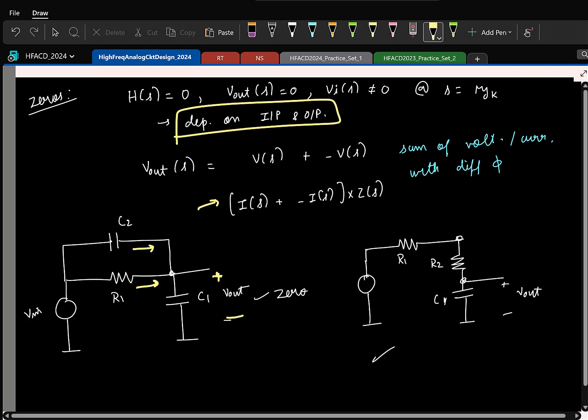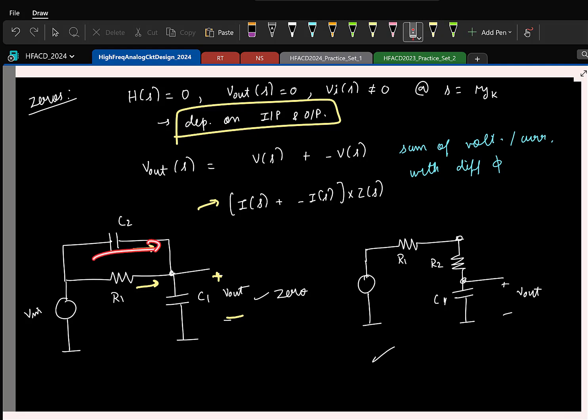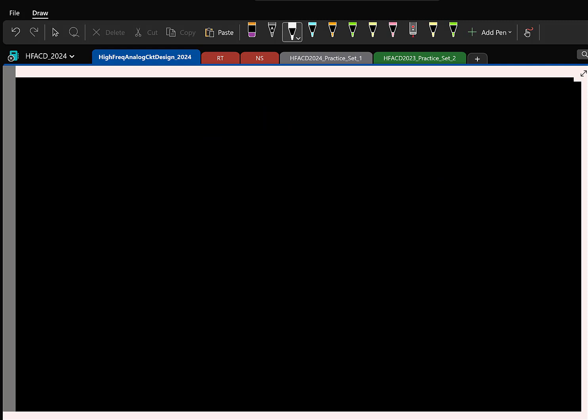Right. Cool. So this gives a qualitative feel for how zeros get formed in circuits. But to get a foolproof way to detect the presence of zeros, you can do the following. Again, I'll just give the final result. So let us say you have a transfer function H(s) of this form. Let's take an example. It's a circuit containing resistors and 3 capacitors C1, C2, C3, and assume it's a third order system, and the transfer function is of the form